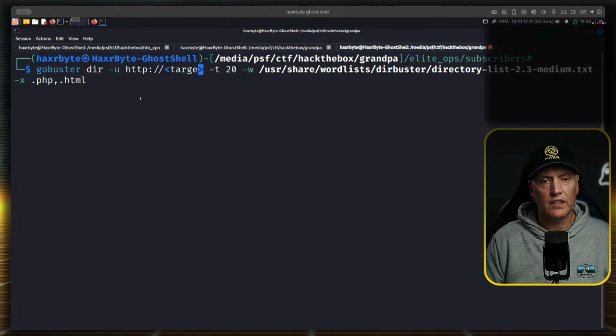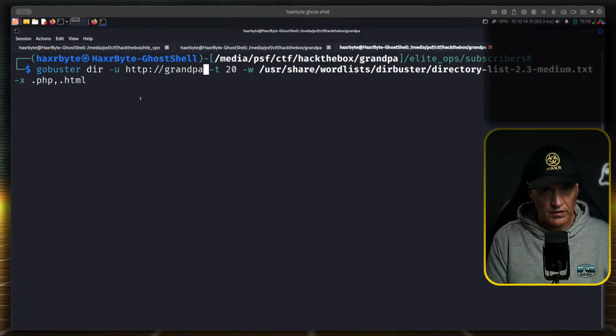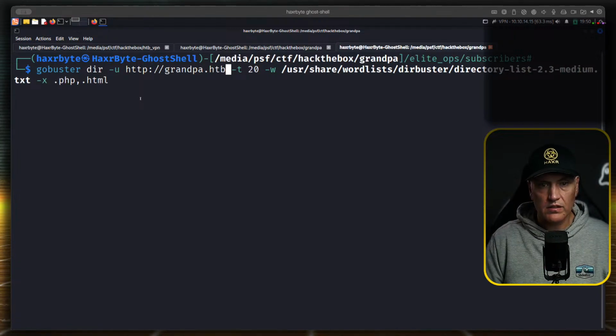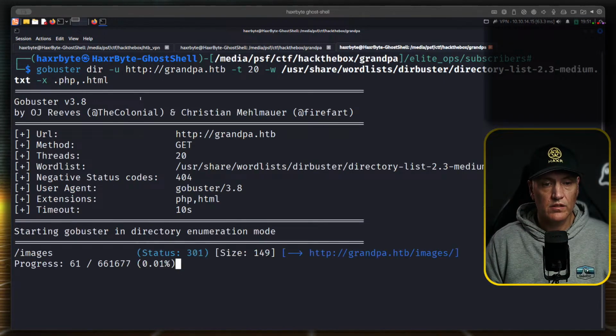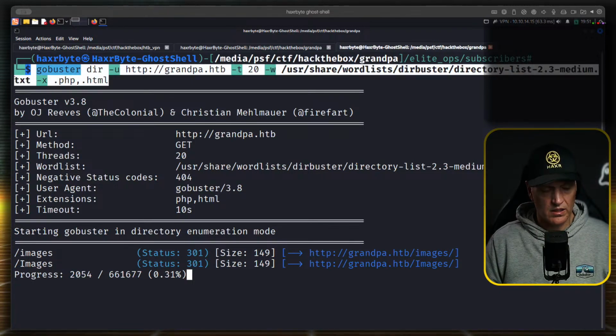The URL is grandpa.hackthebox. Okay, it will look for PHP and HTML files. Oh, it found images, and another images. Interesting. Let's take this for our notes.